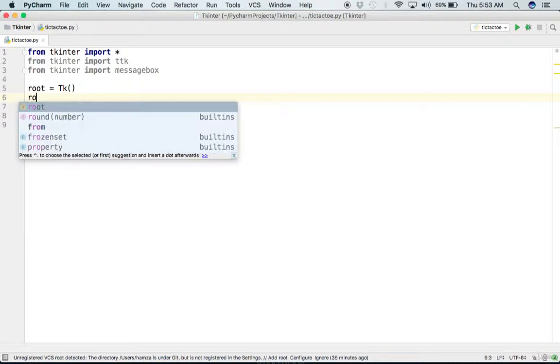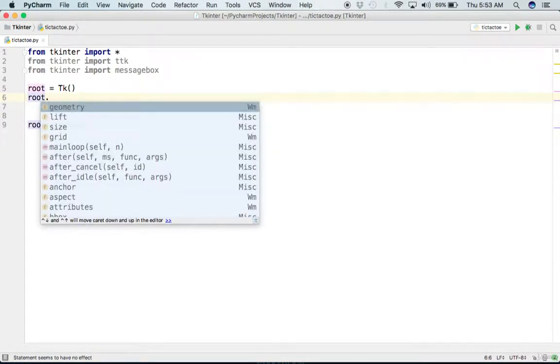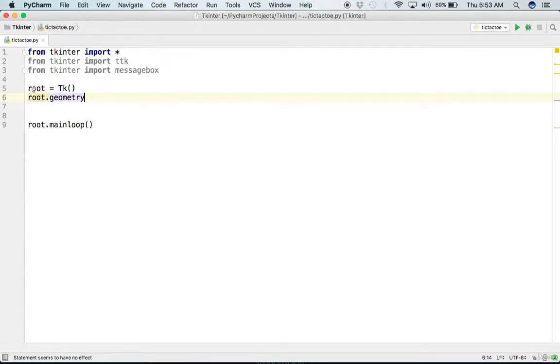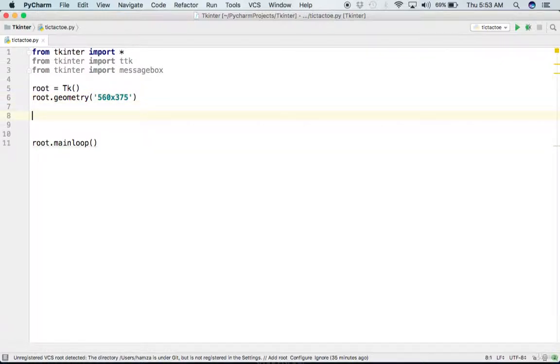Here, first of all, I will set the geometry of our root window. I will say let it be 560 by 375. So this is the size of our window which will display, and then I will go ahead and add some buttons. So the first button will be button 1, as we have to display 9 buttons in our tic-tac-toe